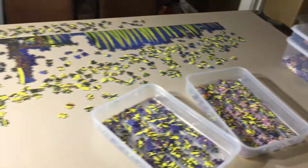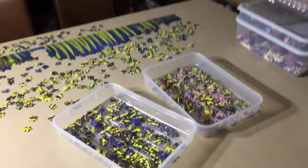Yeah, we'll see. Anyway, we'll work it out. But yeah, I'm thinking I may have to actually pack those ones away for now. But yeah, looking forward to continuing with this puzzle as well, and